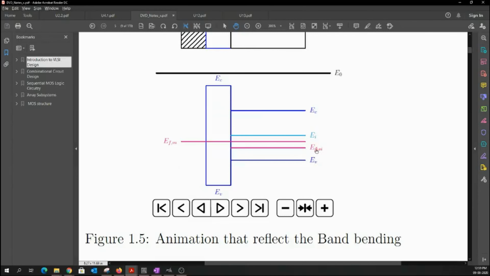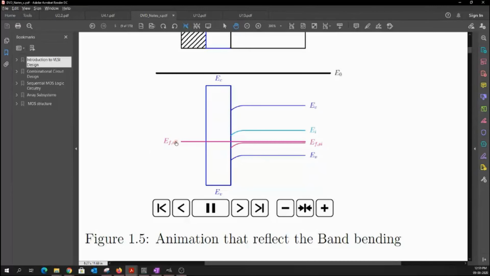Now, as we know, Fermi levels will generally try to align with each other. So the Fermi level of the semiconductor will try to align with the Fermi level of my metal. The metal cannot change by itself, we have to apply some sort of potential, but the Fermi level inside, oh, sorry.